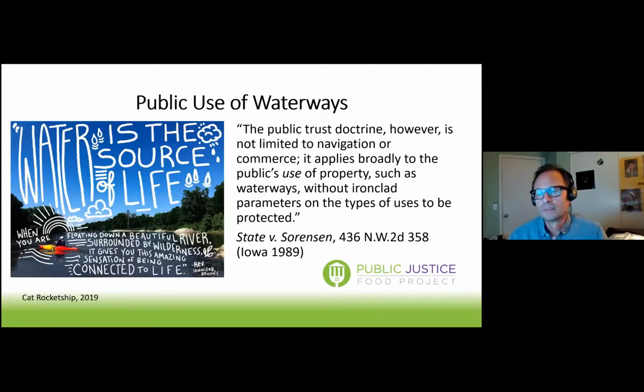Now, a case called the Sorensen case, very similar to the National Audubon case that Jim talked about, concerns the public's rights and the scope of the doctrine. And it's about public use, not access. It's about use. And the uses for the public are unbound. Recreation, drinking water, navigation, swimming, even hiking along the side of a river is the type of use that is included in the